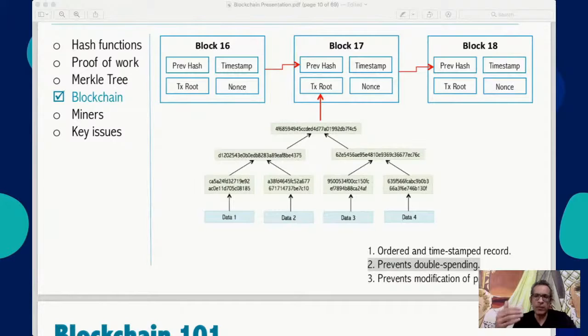Now, you may not understand what is double spending. Double spending is a very critical concept. When you take a currency note, can you spend it 2 times? No, because once you give it to somebody, the note is out of your hand. But if I write an email or I make a Word document in which I say, I owe you 100 rupees, and I put my digital signature, you can copy paste that Word document 20 times and now ask me to pay 20 times the money. And that concept is called double spending.